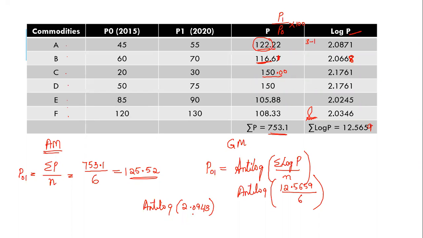Now this value 2.0943 you have to see in the antilog table. Now in antilog you have to leave the number before the point. Just consider 0943. Do not get confused between log and antilog. In log, we look at the previous number before the point. But in antilog, we do not look at the number before the point. Whatever digits are there after the point, we will see that. So we have 0.0943, so we will consider 0.0943.